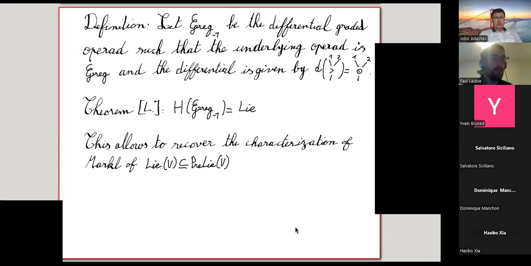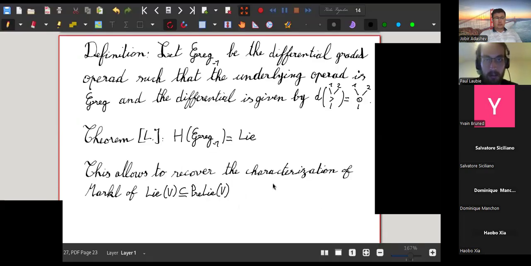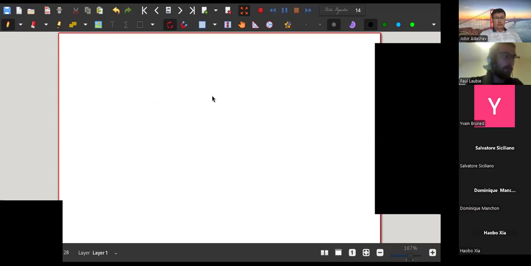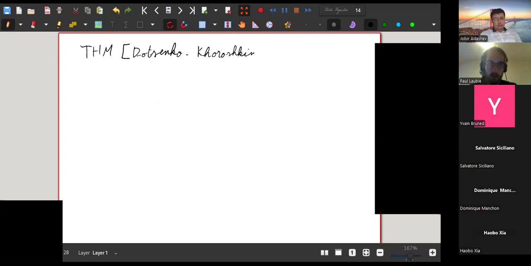So how to prove this theorem? Well, this theorem is a bit more involved than the other one. Well, to prove it, in fact, we can use the following thing. So we have a theorem of Dotenko and Koroshkin, that states that